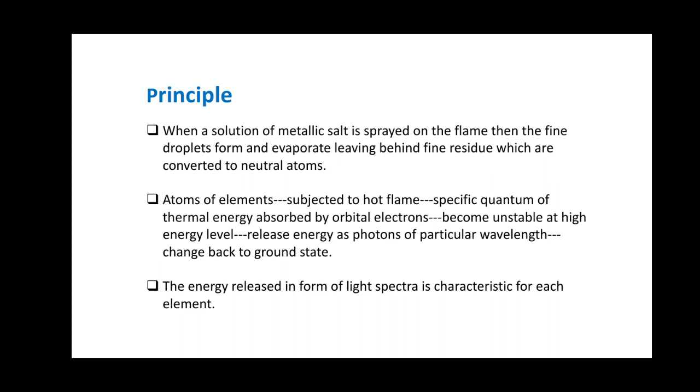So the energy released in the form of light spectra is characteristic for each element. When the electron gets down to the ground state from the excited state, it emits a